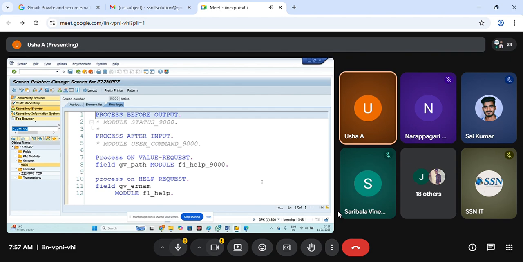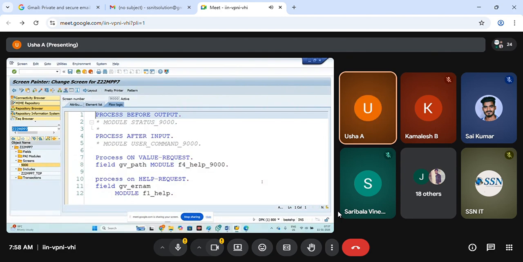Yes, ma'am. Next one will be input output fields, text fields, push buttons only, we saw that, but we have checkboxes and radio buttons. So we are going to see how to create the checkboxes and radio buttons and how to write the code also. What is the difference between checkboxes and radio buttons? We discussed already in the selection screen also, correct? Checkboxes and radio buttons differences.